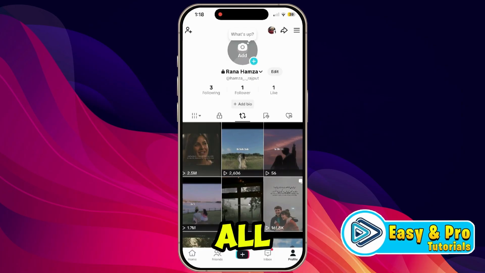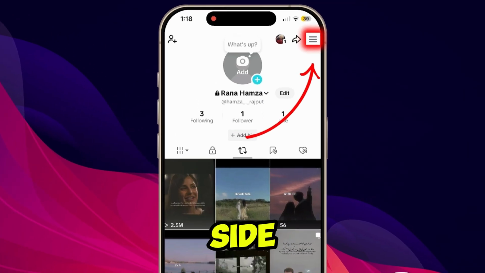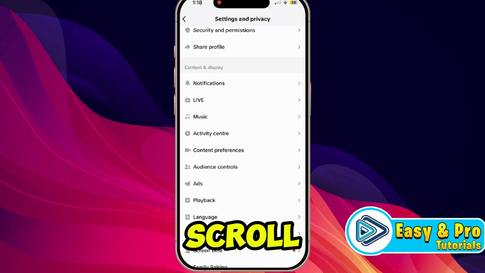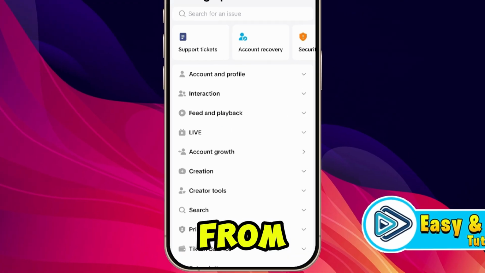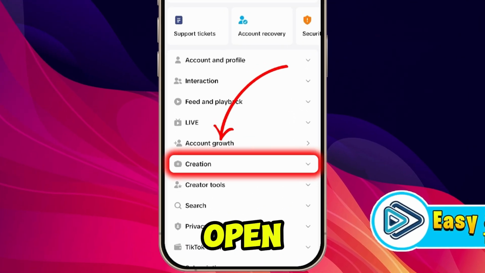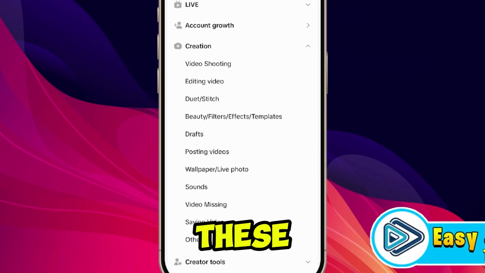Now to delete them all, simply click on these three lines from the right top side and open Settings and privacy. Scroll down and click on Report a problem. From here, you need to scroll down and open this Creation tab, where you will find multiple options